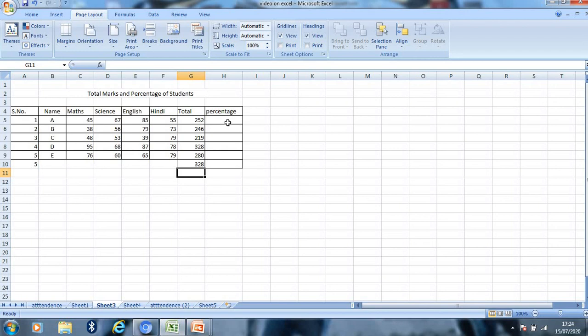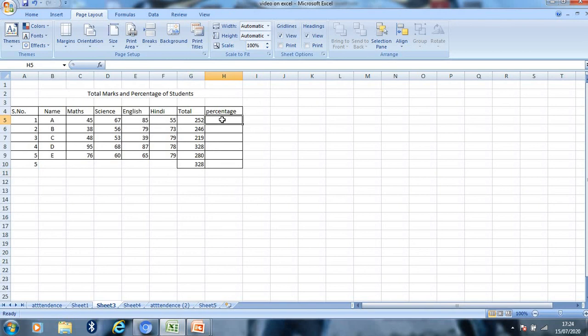You can also find the minimum value from the number of entries using the minimum function. Likewise, you can use the product function as you use the sum function. So there are many functions available in Microsoft Excel. If you have any query about any function, you can ask your query in the WhatsApp group.